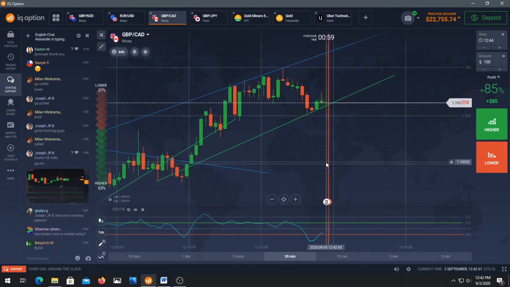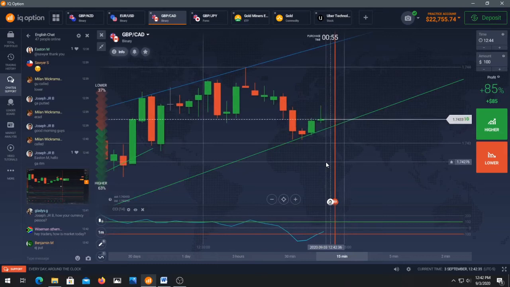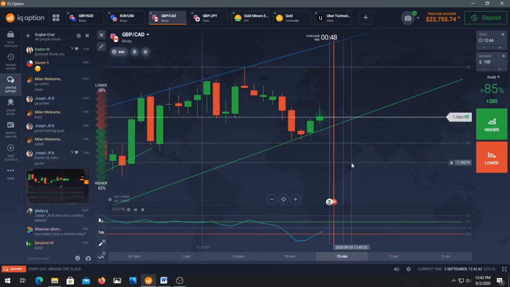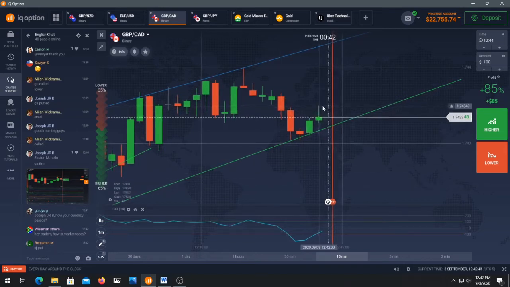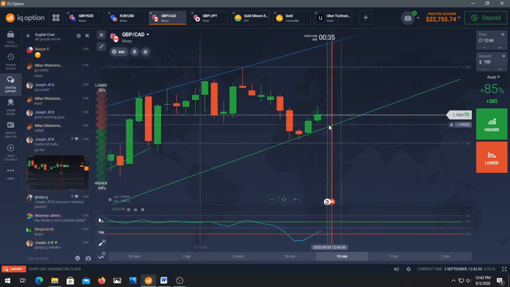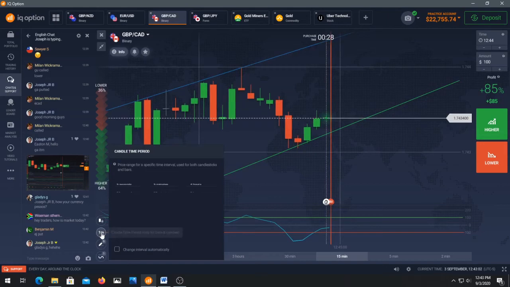You put it wherever you want, and then you can trade it. According to the 1 minute candlestick, it's about to hit the support, so that means it should be going back up. But we're having a hanging man being formed here, suggesting that it's resisting higher price, but it's a bullish hanging man, so price should be heading back up as soon as it hits the line of support. So I'm going to switch back to my